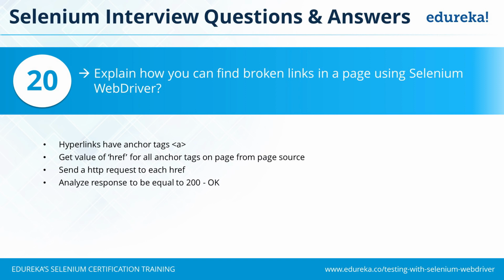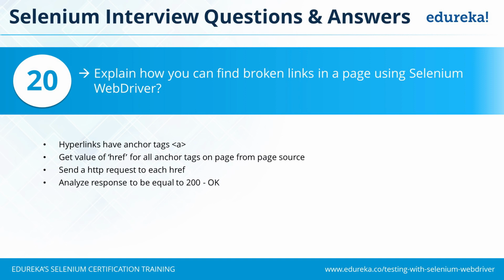If you go through all the hrefs on your page, they are always associated to the anchor HTML tag that is denoted by A. So first of all, you can get all the anchor tags from your page source code. Then you need to get the value of each and every href. So I'll create a list of all the anchor tags. Then I'll get the value of href for all the anchor tags. Once I have the value of all the hrefs for the anchor tags, that means I know the URL it is hitting.